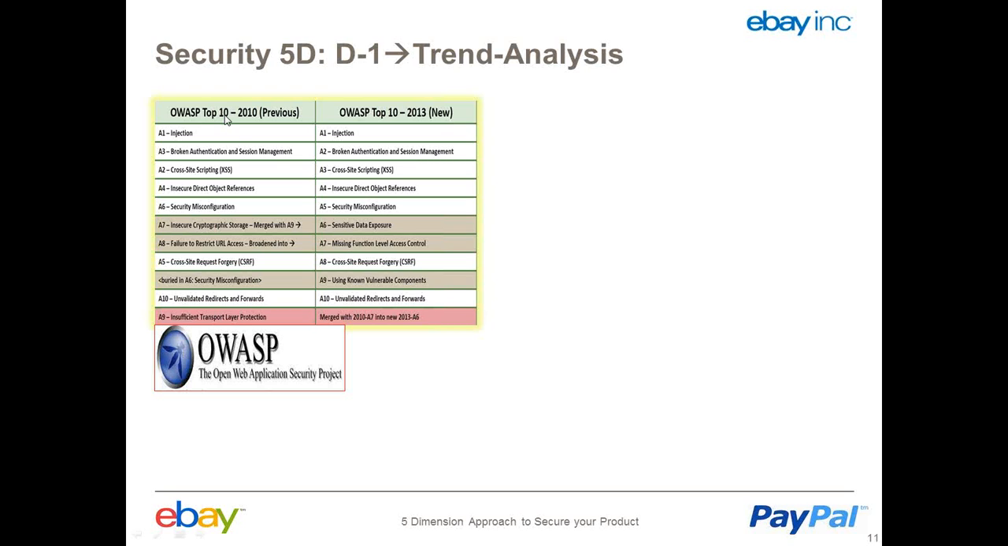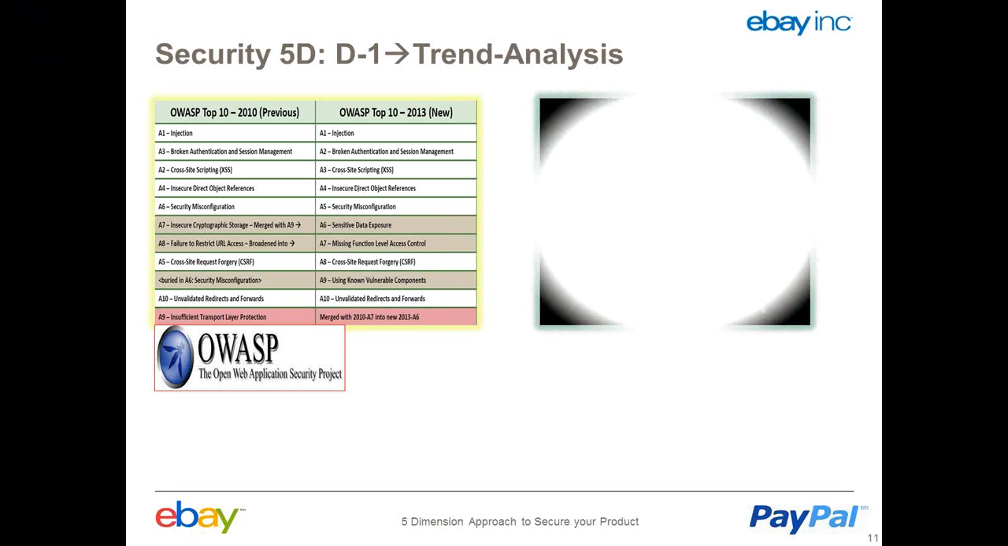They release their top 10 vulnerabilities by year, that is 2010, 2013. We also have 2008 and so on. This gives the latest trend at which the industry is moving and our hackers are moving. By capturing this trend and understanding what vulnerabilities the industry is seeing, you can also do